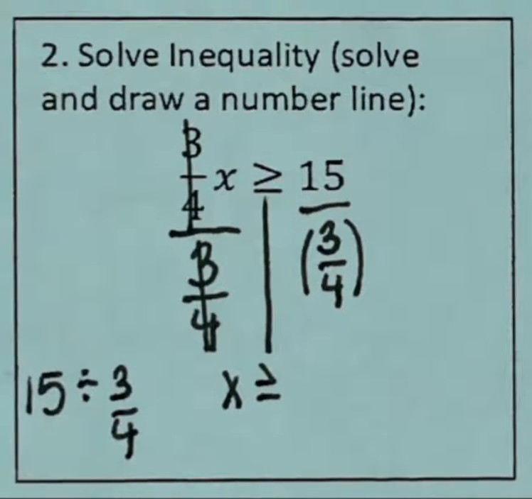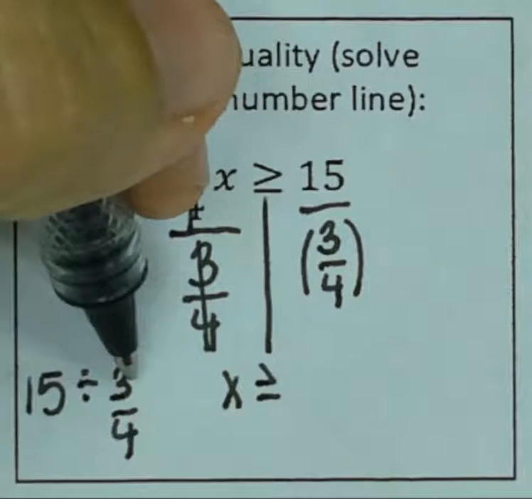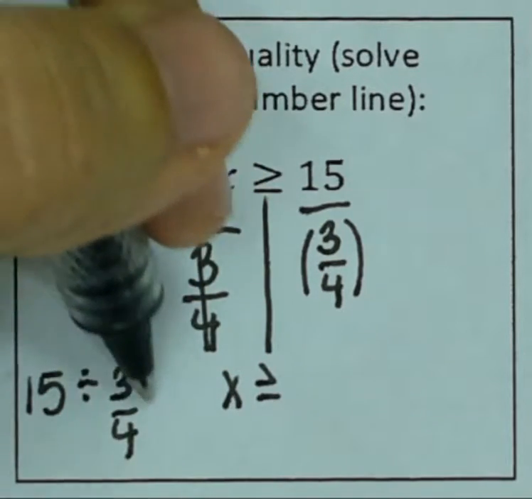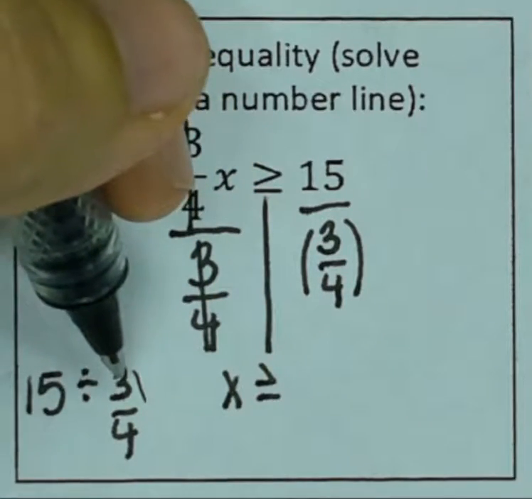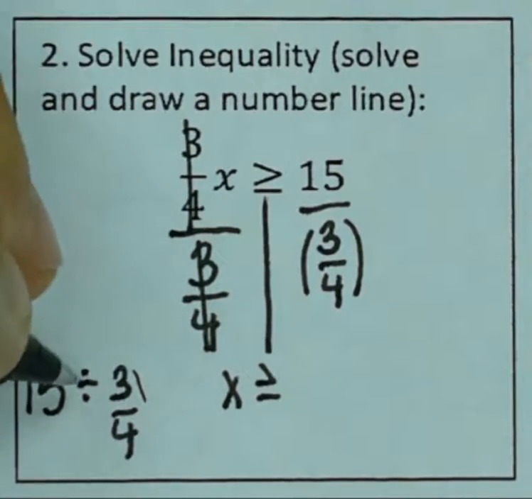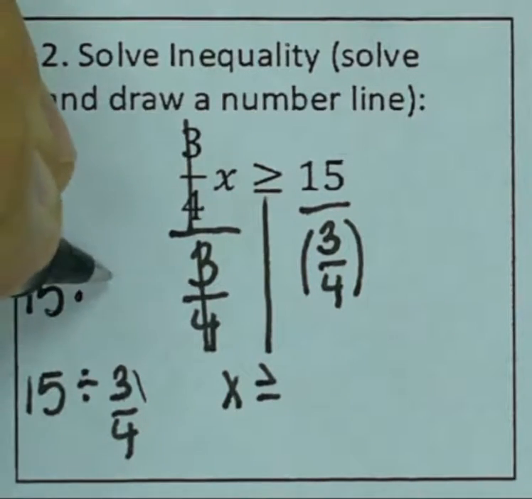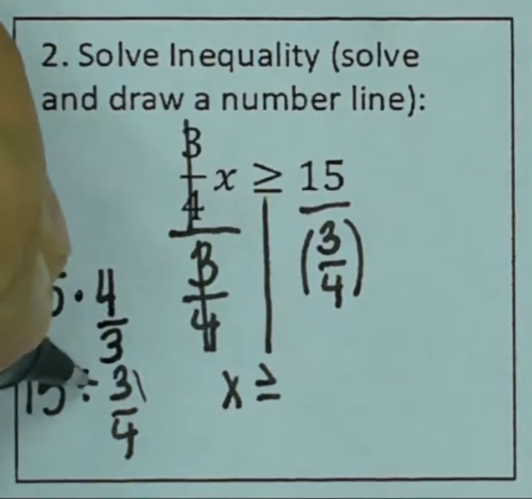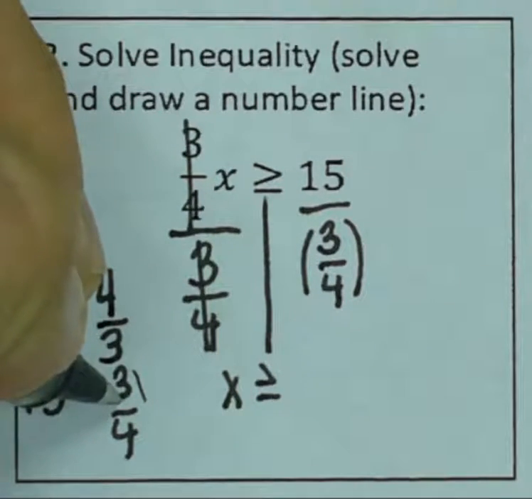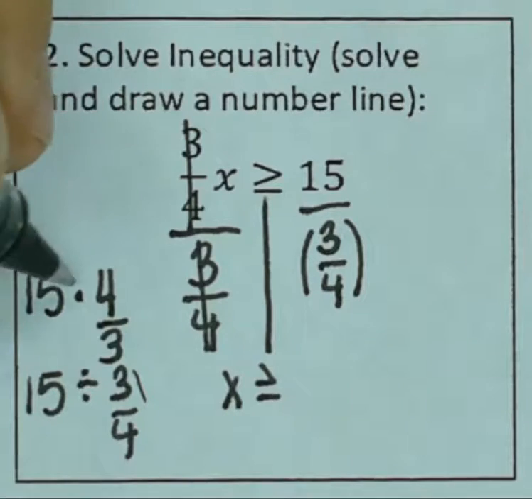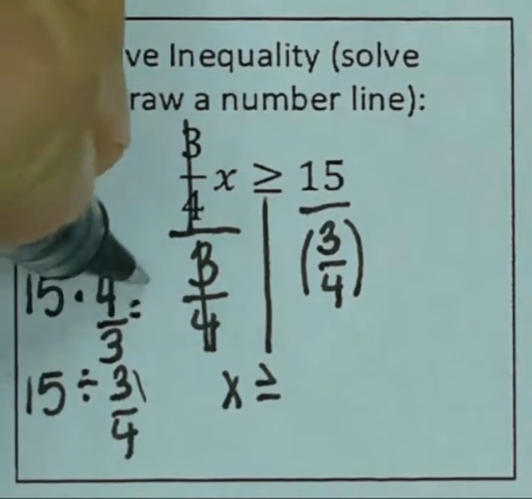If we remember from previous years, in order to divide fractions, we take the reciprocal of the second number and then multiply. So this will turn into 15 times, instead of being 3/4, it will be 4/3. So the sign flipped and the fraction flipped. When you're multiplying fractions, you multiply straight across. 15 times 4 equals 60